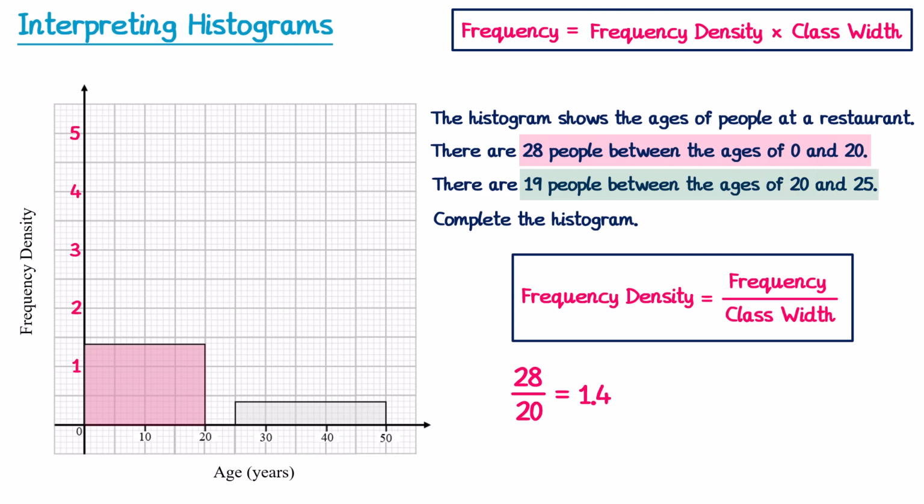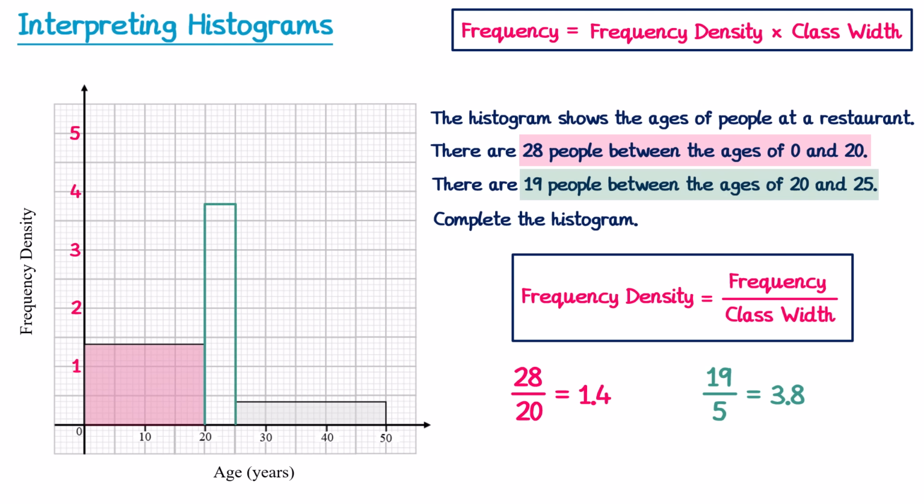We're told in the question there are 19 people in that bar. To work out its frequency density, we do the frequency, which is 19, divided by the width of the bar, which is from 20 to 25, so that's 5. 19 divided by 5 is 3.8. So we know this bar needs to go up to 3.8. So we just draw a bar that goes up to 3.8, across, and down like this, and that's now the